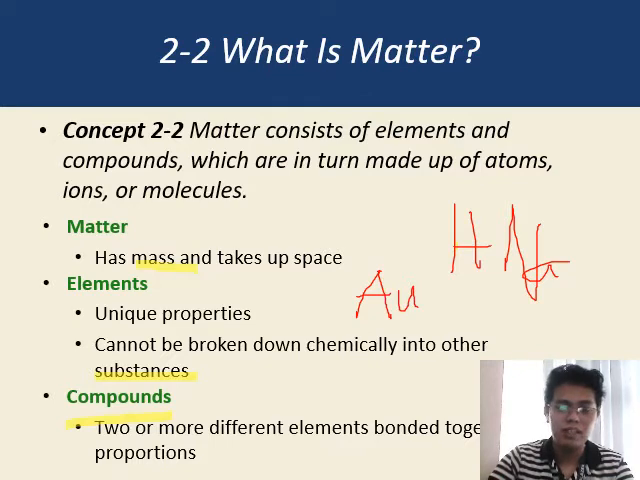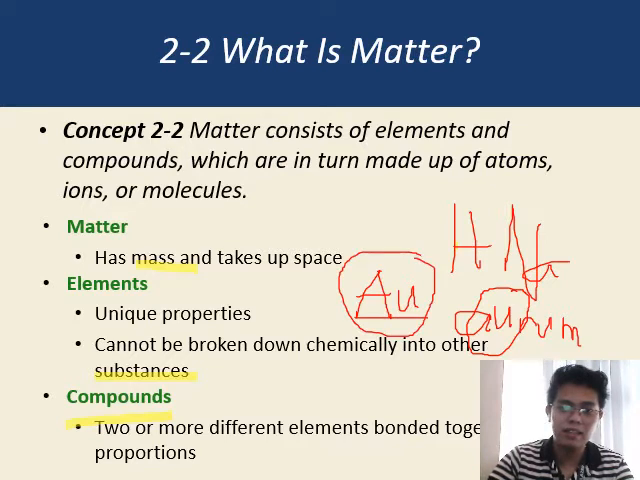So it can be one letter or two letters. Now gold is derived from the Latin word aurum. So they use the first two letters of that Latin word, and that's the representation for gold. And then compounds, meanwhile, are a combination of two or more elements bound